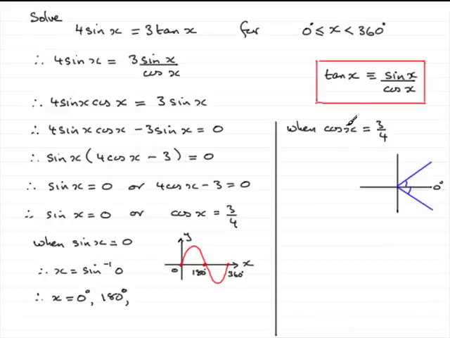Now we want to mark in the possible values of x, so we want 0 to 360, so it's turning in this direction anti-clockwise. So we turn to the first blue line, that's a possible x. Start again from 0, turn in an anti-clockwise direction to the next blue line, and that's a possible value of x. So to get x then we need to inverse cosine 3/4. And if you do this on your calculator, what you should find is